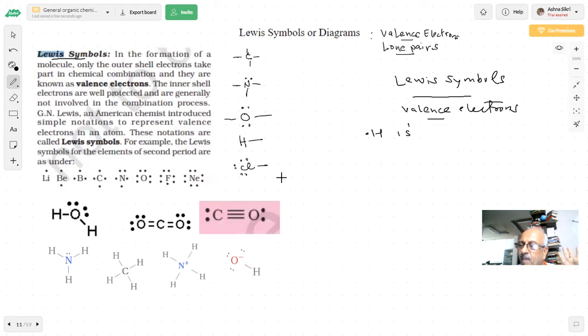Have you seen any double bond with hydrogen? No, sir. You will not see. Have you seen any triple bond? No. Why? There is only one electron. So if it shares one electron with any element, then the two electrons will form a bond. So hydrogen is always a single bond, students. You will always see single bonds in hydrogen. Yes or no? Yes, sir.